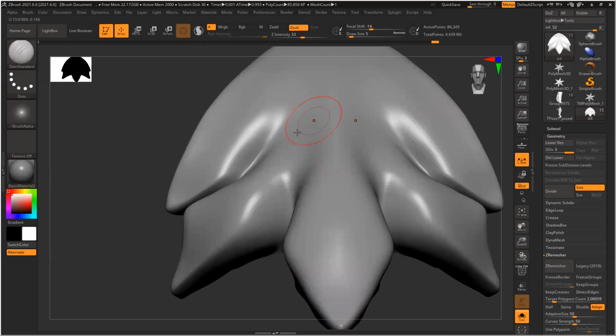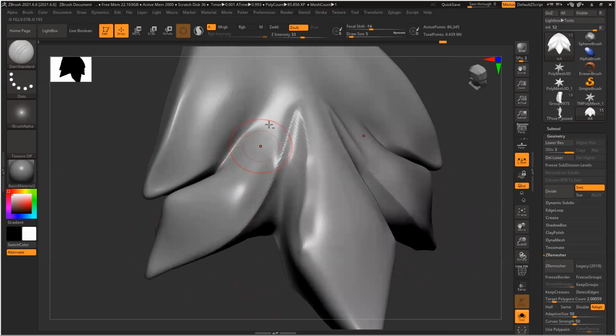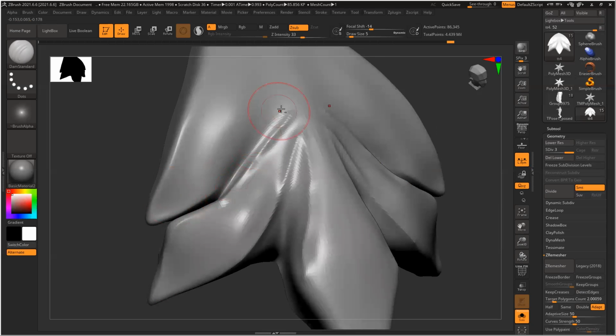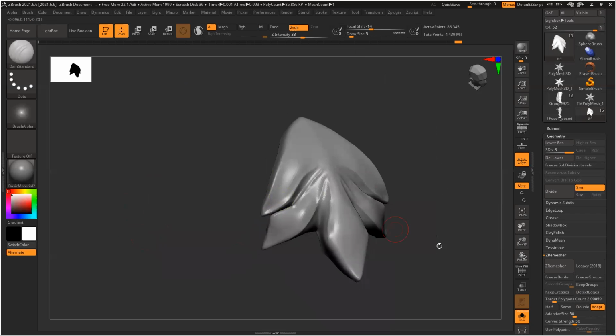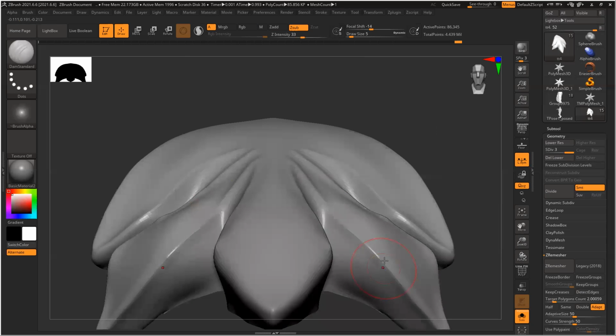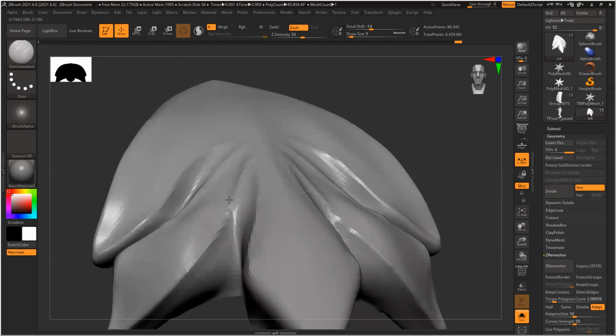BDS. Let's define all the shapes, the edges. Just refine the edges and make them slightly prominent. Now I'll add other details.